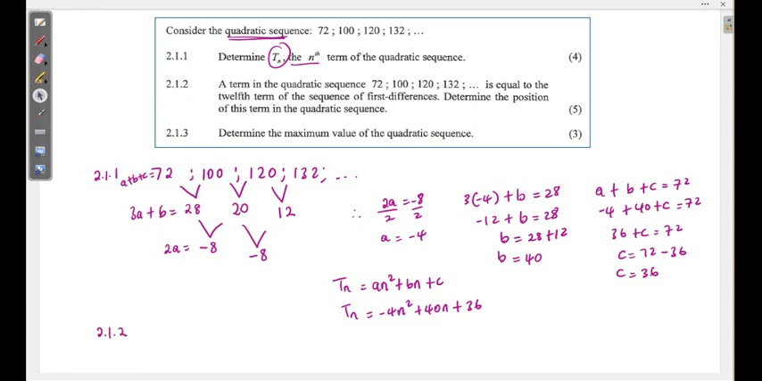Then 2.1.2. They say a term in this quadratic sequence is equal to the 12th term of the sequence of first differences. Determine the position of this term in the quadratic sequence. Right, so what are they talking about there? Sorry, please can you repeat that? It says